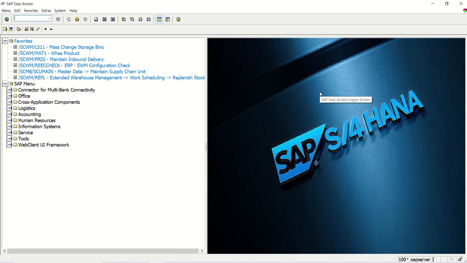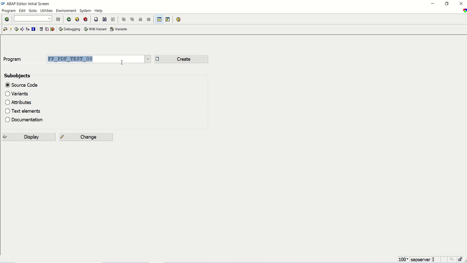Now let's see how to check whether we can use the ADS, that is Adobe LiveCycle services, on our server or not. To check that, after logging in to our system, here you can see my client is 100. Go to SE38, enter this program fp_pdf_test_00,